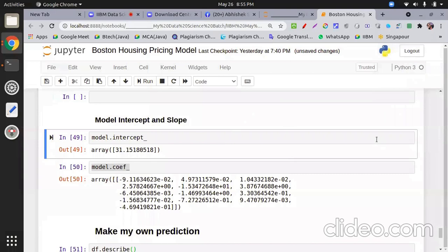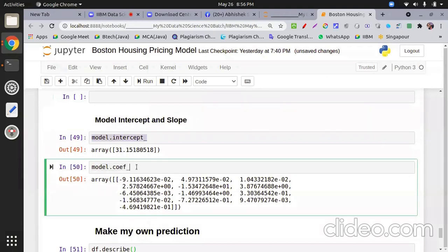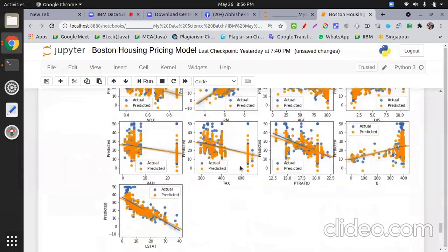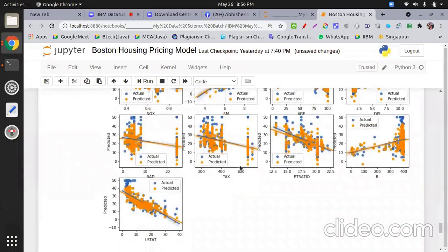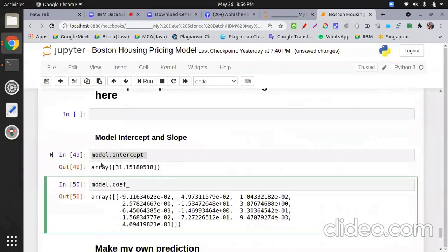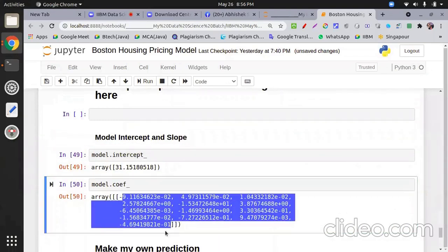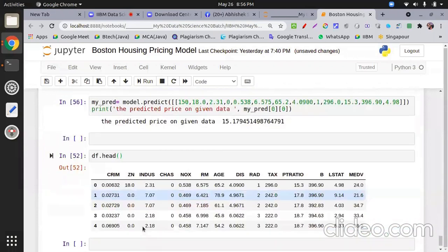Sir, the regression line that we were talking about, it is made in this case. Please repeat the question. Sir, our regressor line has been made, and it is different for each parameter, but when we combine everything, a plane will be formed, a high-dimensional plane. That's why we have only one intercept but different slopes for different parameters. Okay, thank you. Yes, now evaluating the model.